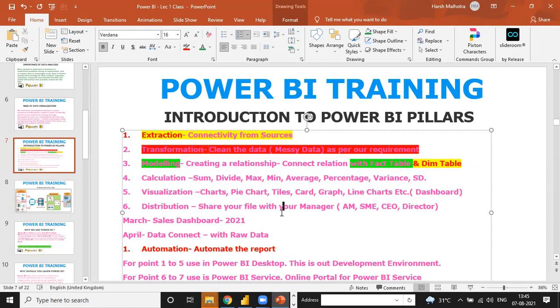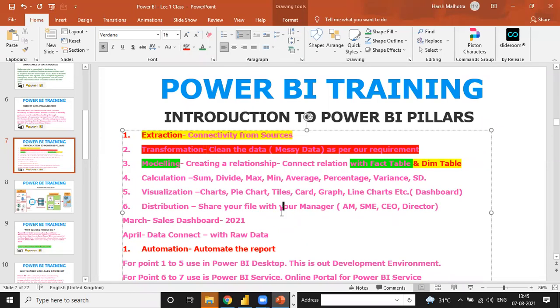And what is a dim table? A dim table is the total number of unique products. The total number of unique credit cards is 3. When you connect your product table with the sales table, you can pull out a report of how much sales there is per credit card. That is the use of the fact table and dim table. The fact table is the total number of transactions and the dim table is the total number of unique items only. These are the main differences between the fact table and dim table.